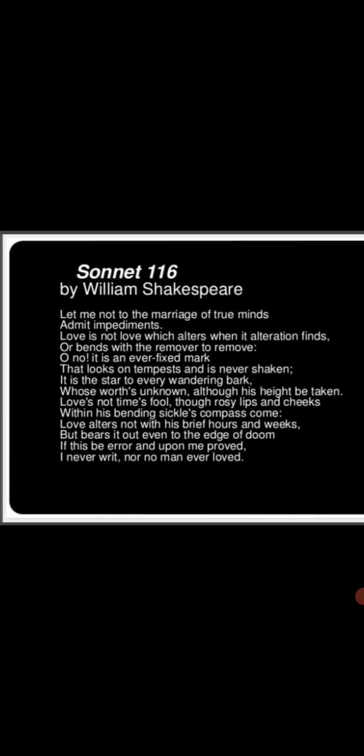So, the basic idea of this sonnet is love is constant and unchanging. Love does not change, whatever the circumstances. In the second quatrain, the poet describes love as a fixed star that ships can always depend on to guide them home, and as a mark that cannot be moved even by a storm. The third quatrain talks about how love does not diminish over time. And finally, the couplet says that if his definition of love is wrong, then love has never existed.